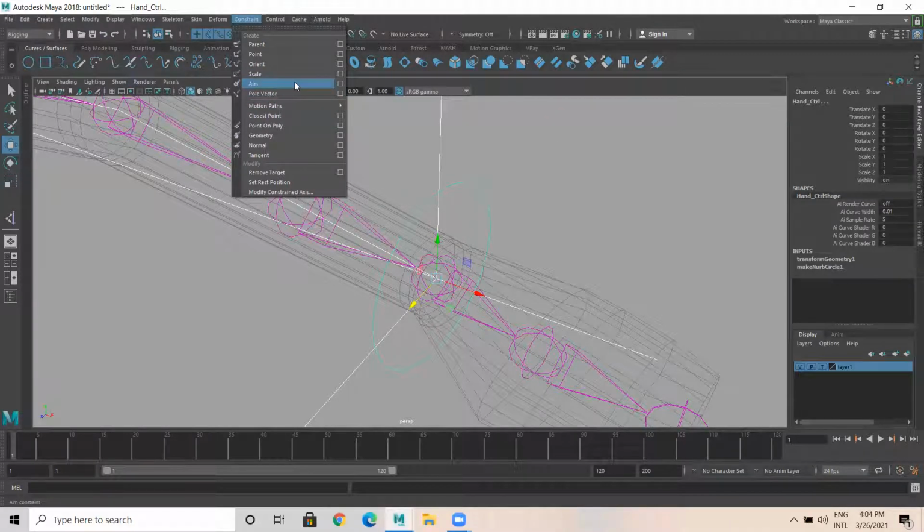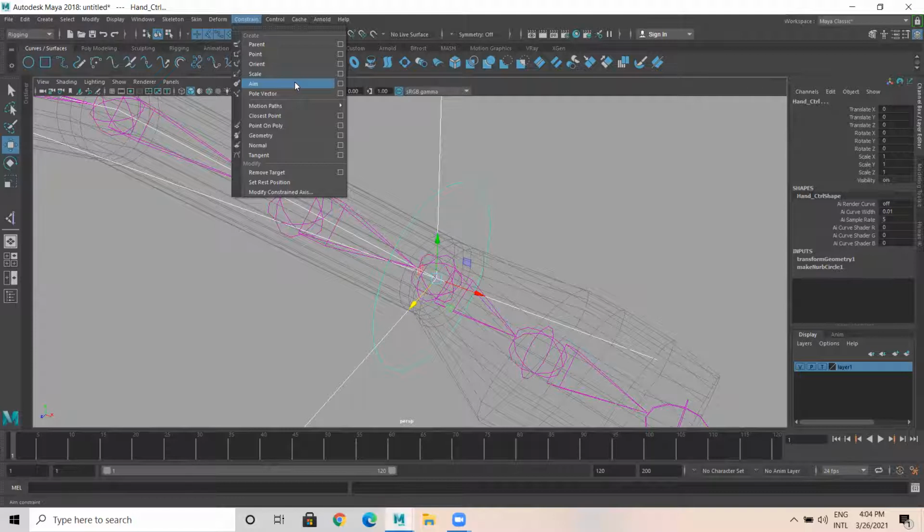Aim constraint is something like, assume a honeybee is flying in front of you and you are looking at it. Wherever the honeybee goes, you are not rotating your head or neck, but your eyes are moving along a straight line to the honeybee. That's an aim constraint.